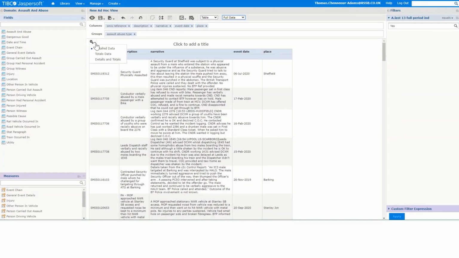So up here to the left, we've got this cog icon. At the moment, we're set to detailed data, and that gives you all of the information that returns from SMIS. You get these filled out text fields. If we select totals data, however,